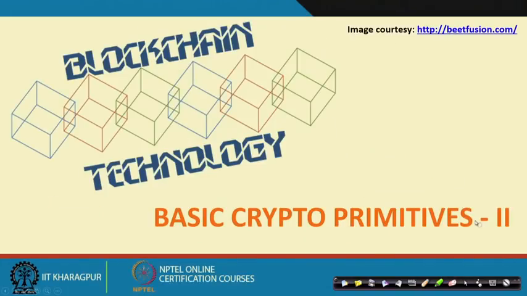In the last class we looked into different aspects of cryptographic hash functions and how they can be utilized for generating secured and tamper proof series of blocks, which works as the fundamentals behind the blockchain architecture. Now, in today's lecture we will look into the details of another fundamental behind secure blockchain architecture, which is the digital signature. So, we will look into the concept of digital signatures in detail.